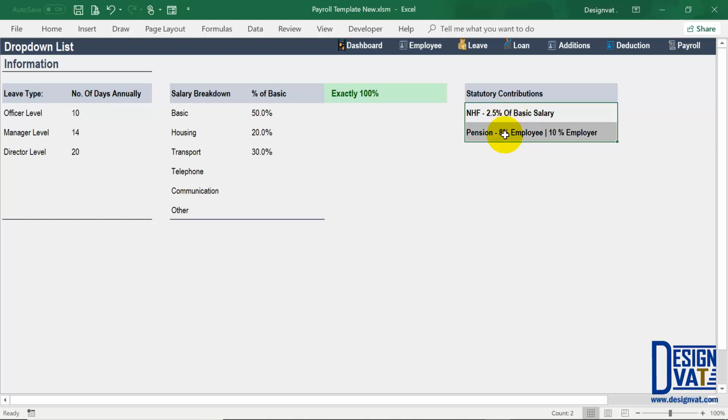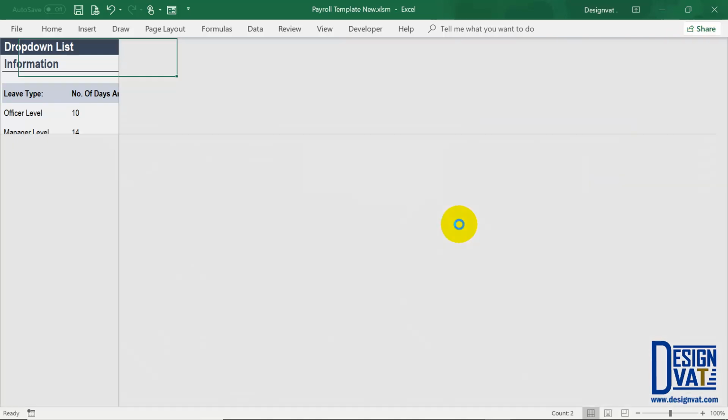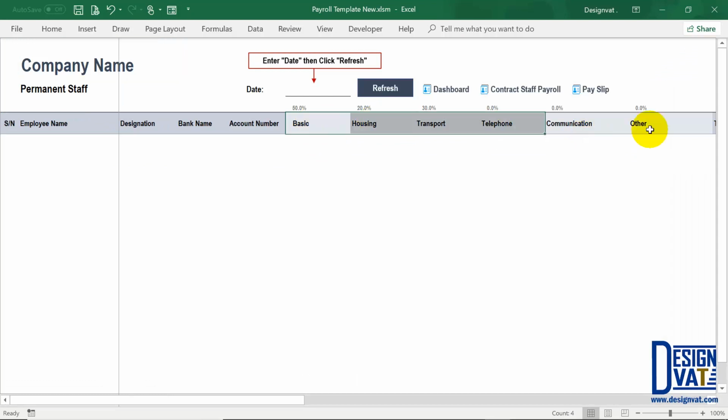Now, these are non-taxable deductions. So these are the 2 plus the NHIS. Those are the 3 non-taxable deductions that the template takes into account. Every other amount is taxable. So that covers that. So going back to the payroll section, that's how we arrive at the values here. So the template will automatically return the employee's name, their designation, the account details, the breakdown. So it's going to divide their salary 50%, 20, and so on,